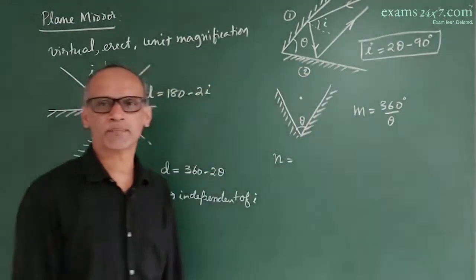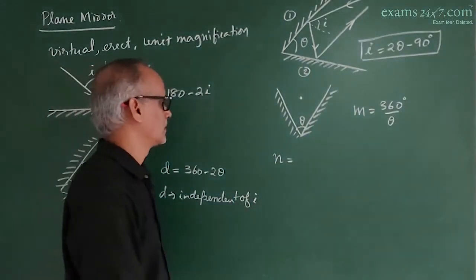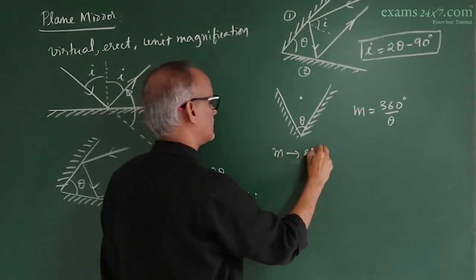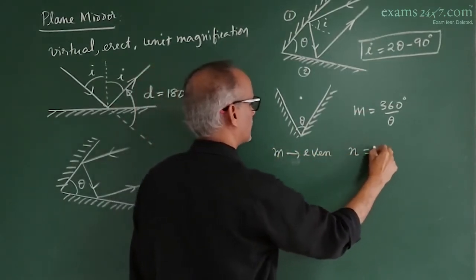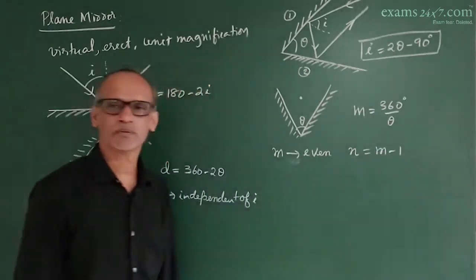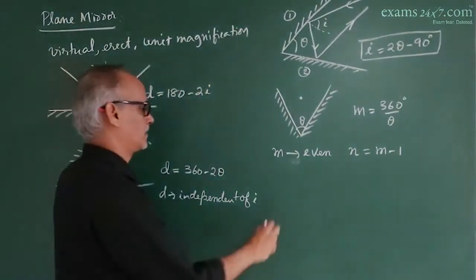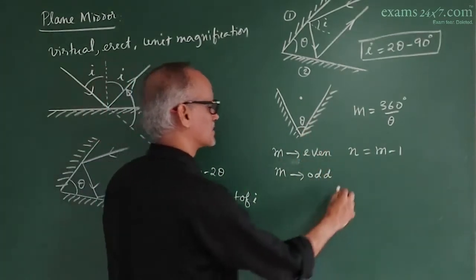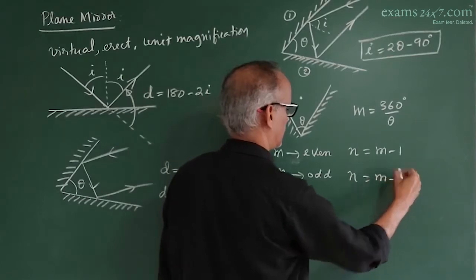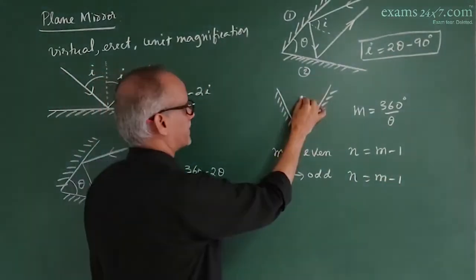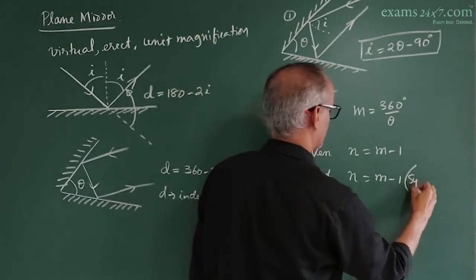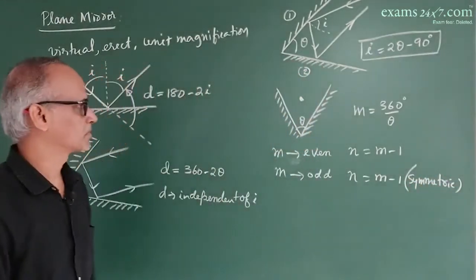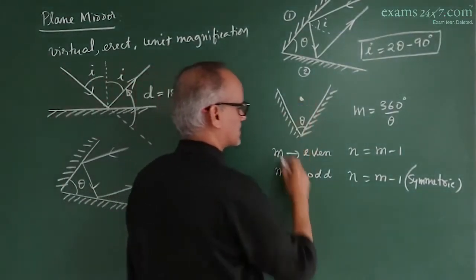So first find the value of M. Then if M is even, then the number of images is M minus 1. And if M is odd, then the number of images is M minus 1 for symmetric position of the object. If it is unsymmetric,